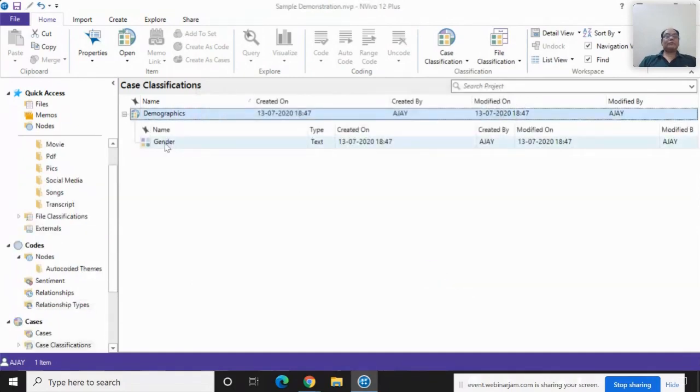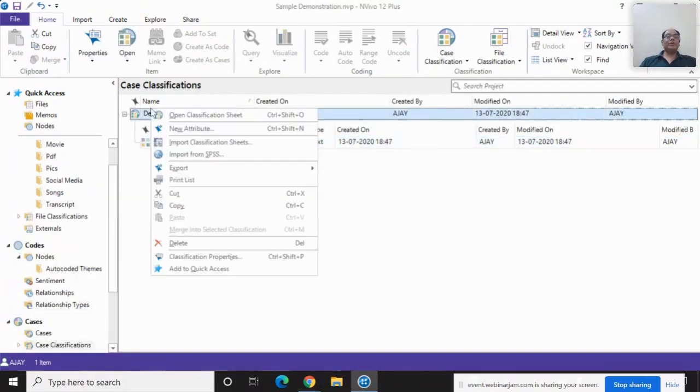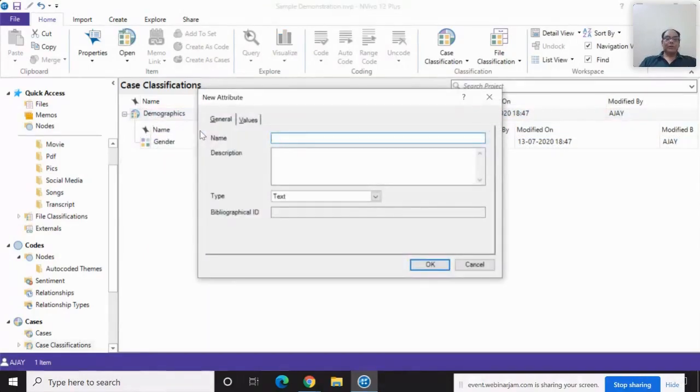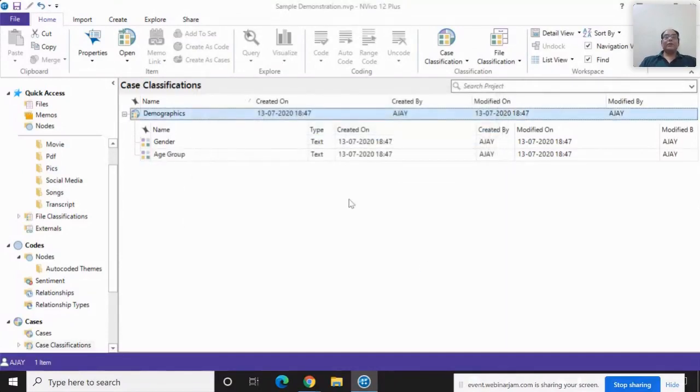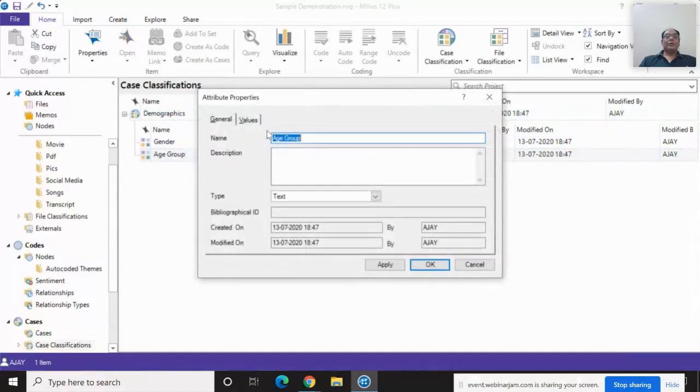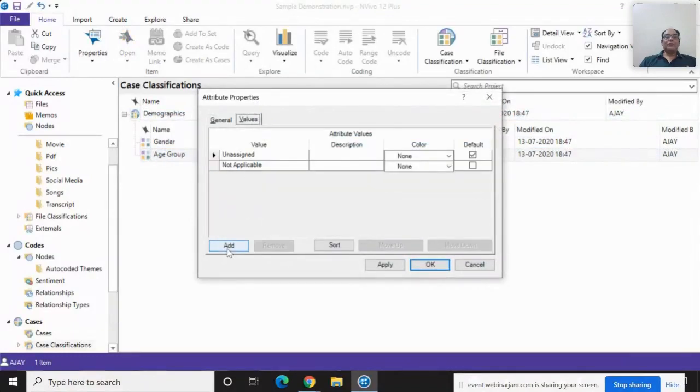Similarly, I also want to generate the age group, like I want to define the age group of the data set. Okay, values. So you have to define that the value is less than 25.